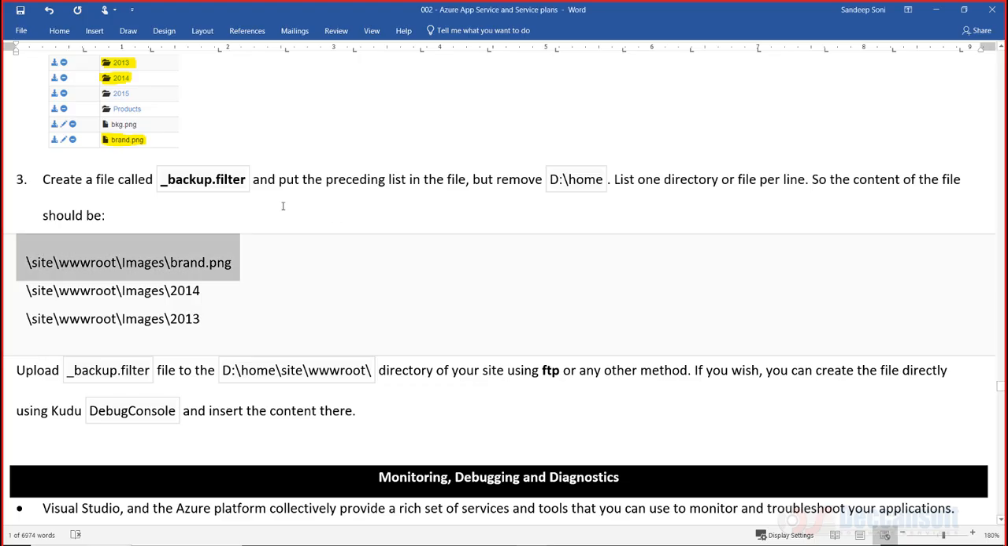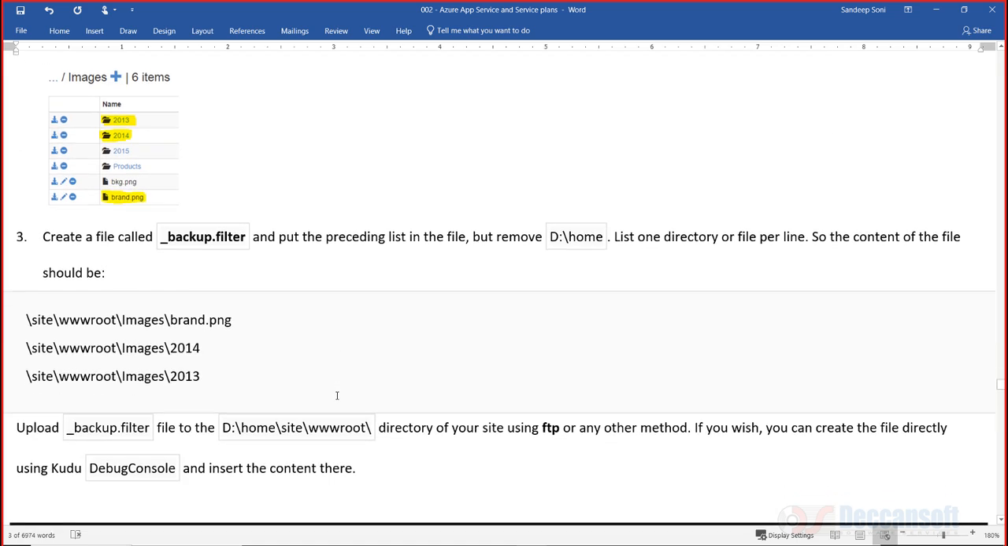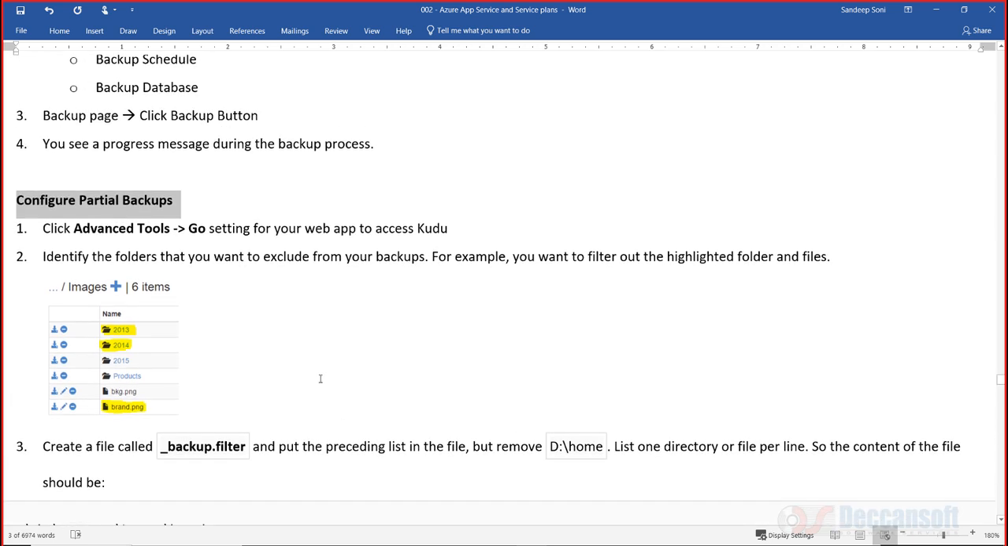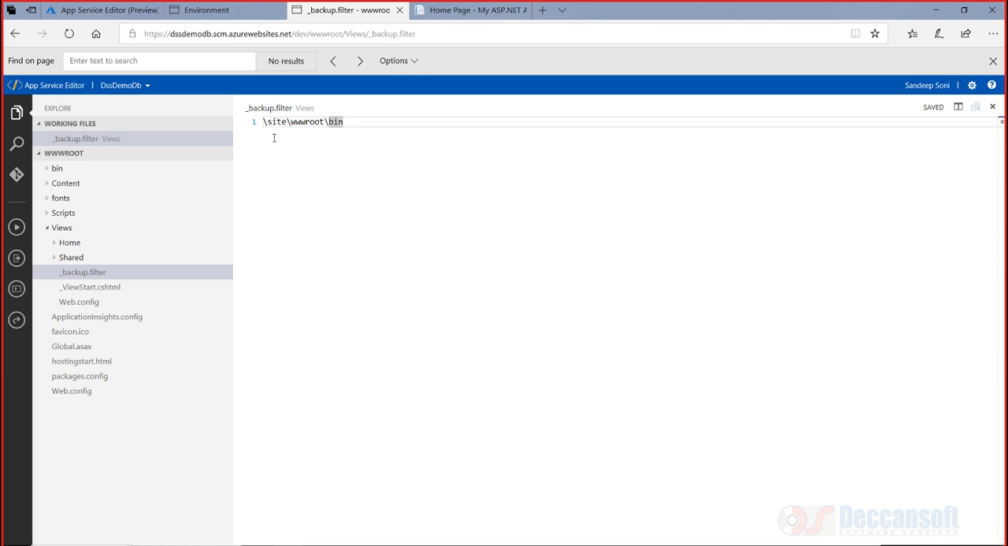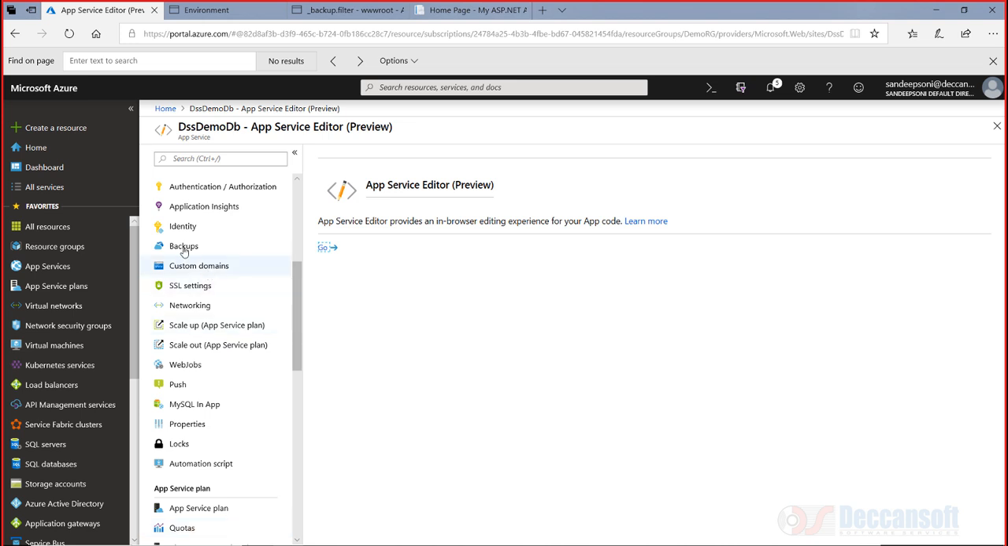That's the purpose of underscore backup dot filter when we want to make use of the partial backup feature of app service. You don't have to do anything else. That's it. Just that this file has to be created, and rest all the backup story will take care of. So by now that backup button should have been enabled. You can save this file. Rather, it's automatically saved. Now you can go back to app service, go back to backups,